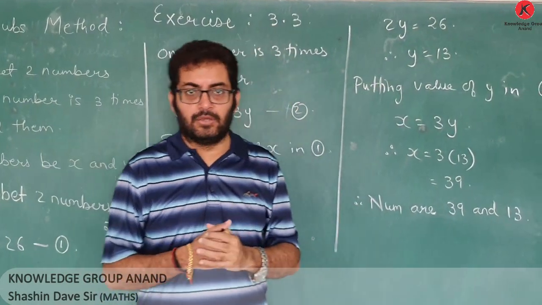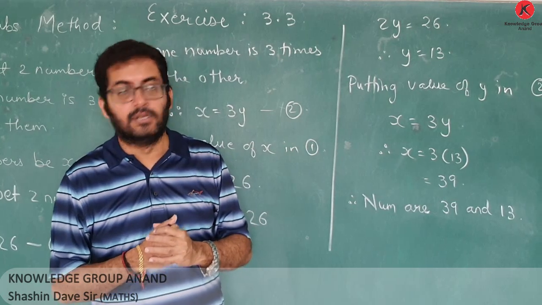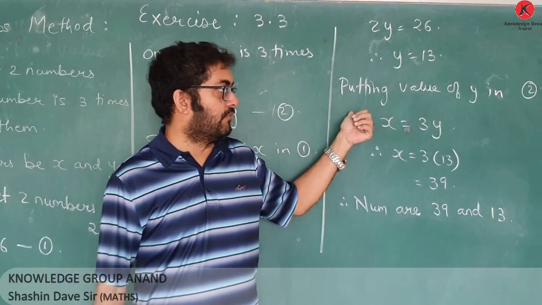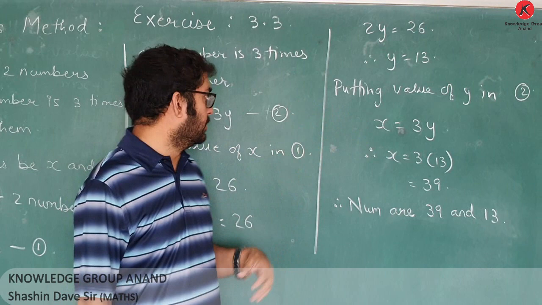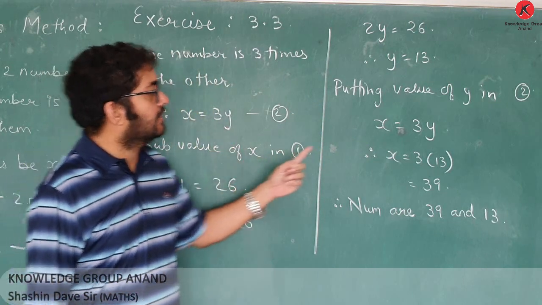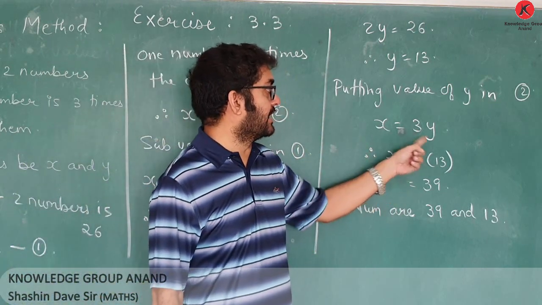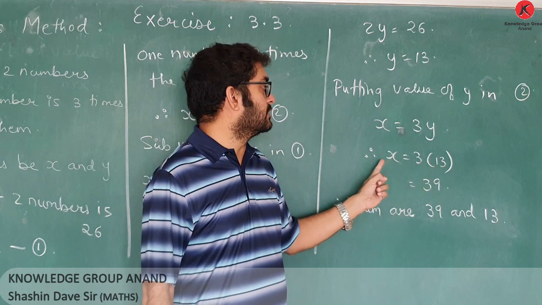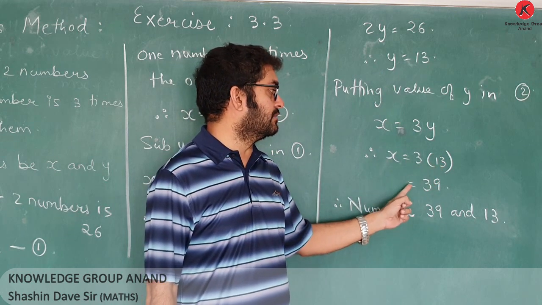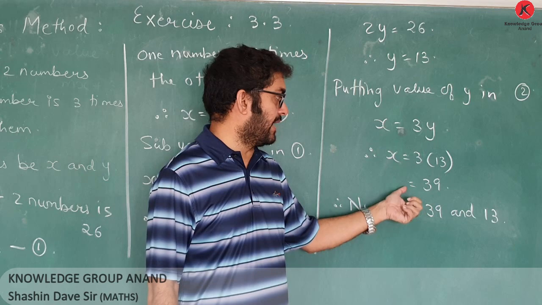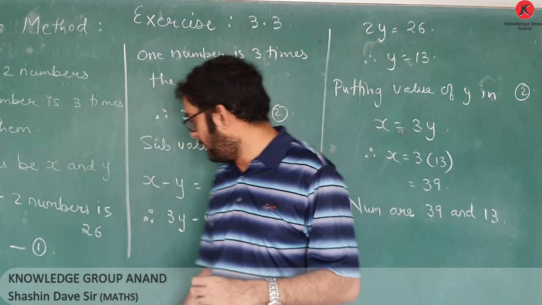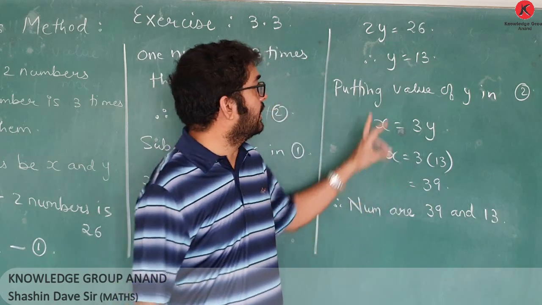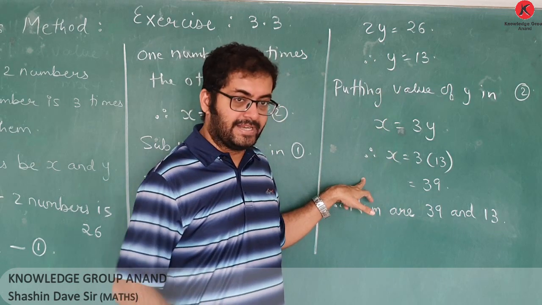Now I can put this value of y in either equation 1 or equation 2. I have put the value of y in equation number 2. What was equation number 2? x is equal to 3y. So x is equal to 3 into what is the value of y? 13. So x is equal to 3 into 13, that gives me 39. So the value of x is 39. The value of y was 13. So in short, the two numbers, that is x and y,